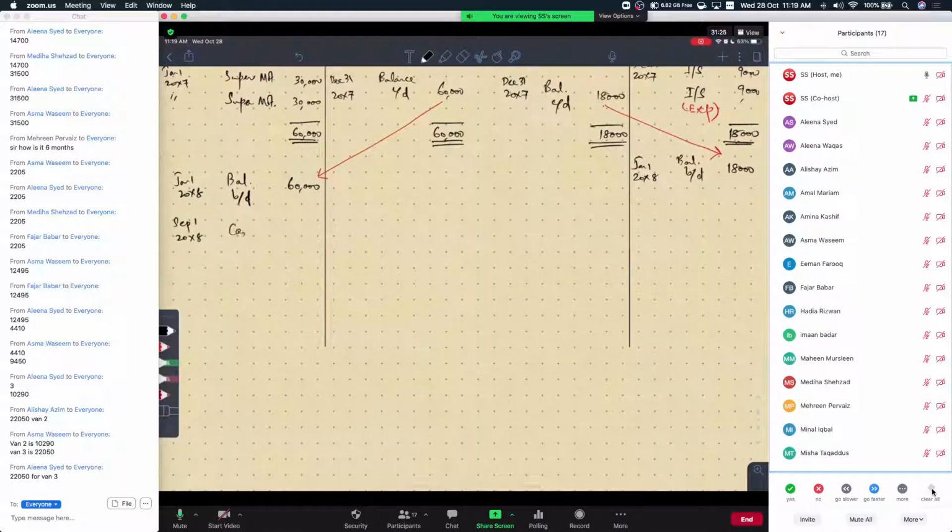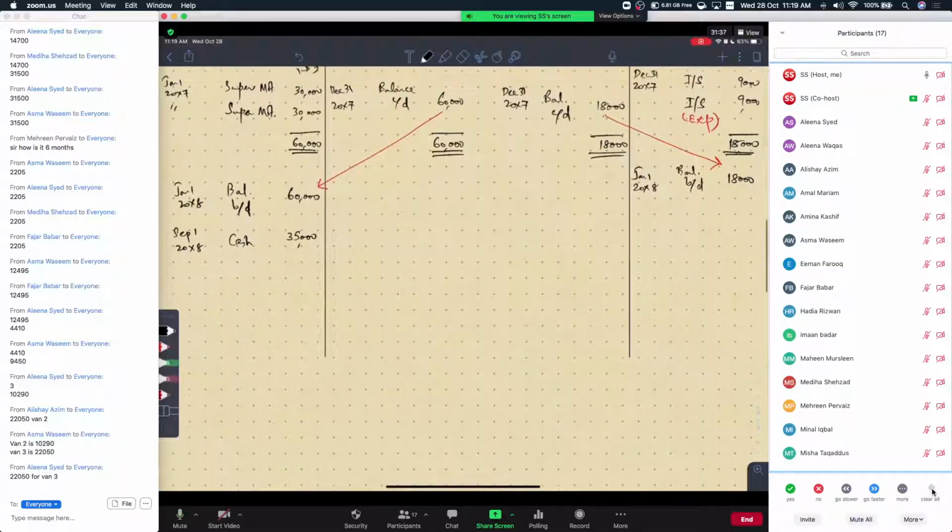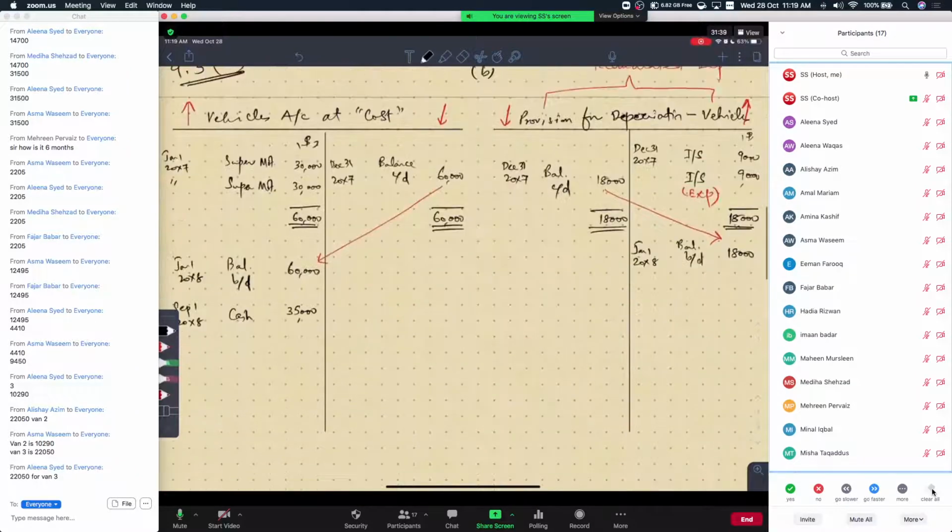The entry will be done with cash because we paid for it. Debit the vehicles account and credit the cash account. This is the entry here. 35,000 is the cost of this van. So we are going to debit this, right? We understand this entry? Give me a green check,